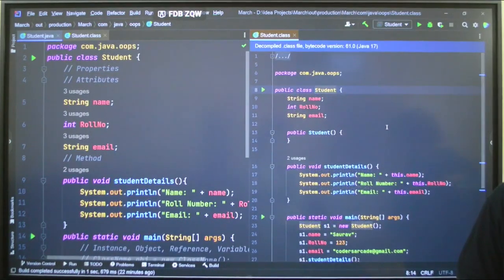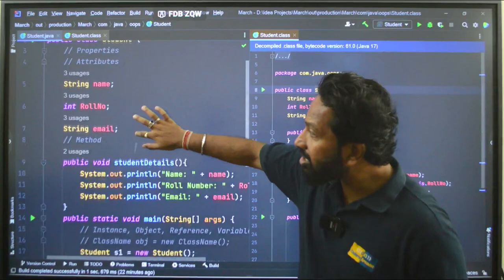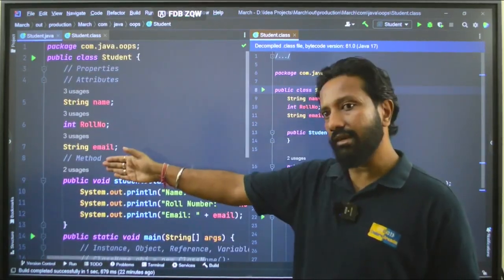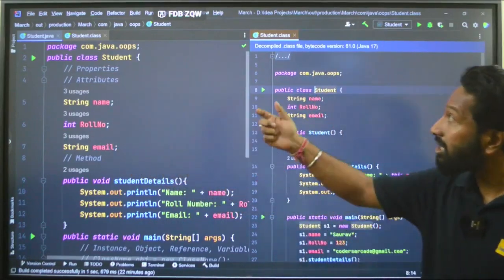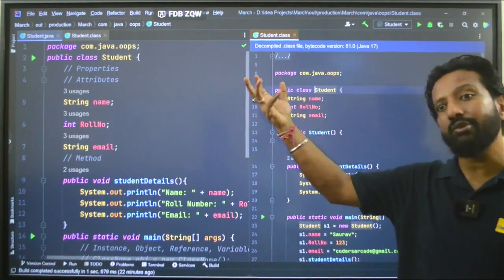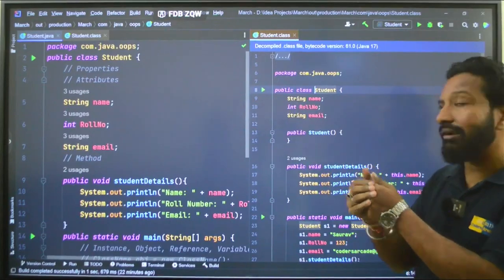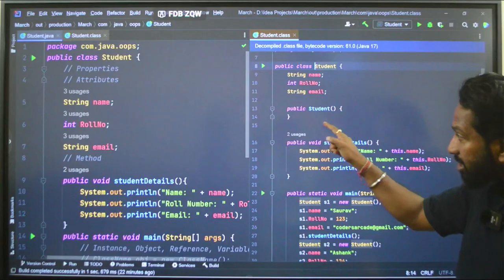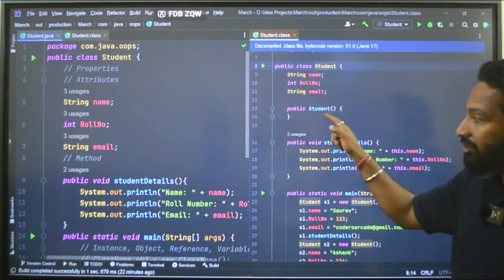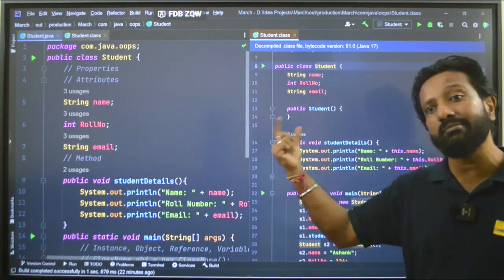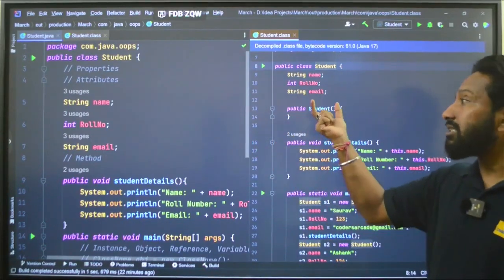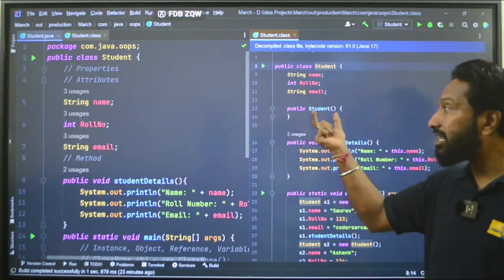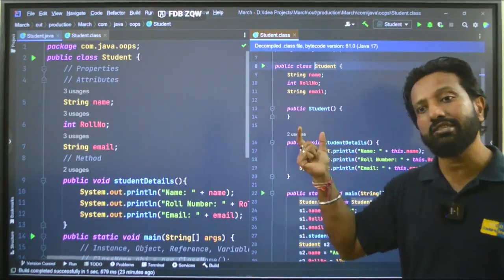See, this is my original code where I don't have anything like this, right? But in the byte code, the dot class file which is generated after we have compiled the Java file, what happens here? You can see this public student has been created by the JVM. What is this? This is a constructor which is actually helping us to create or initialize objects of the class.